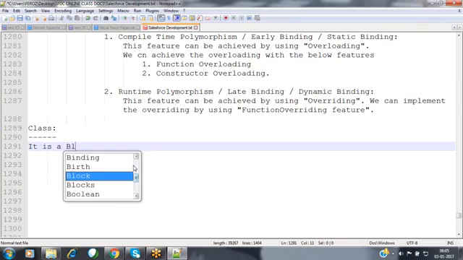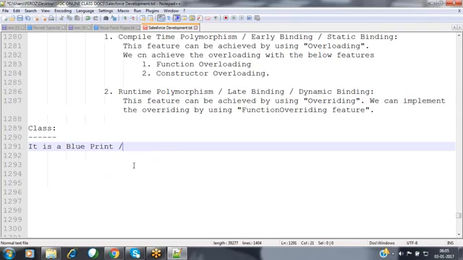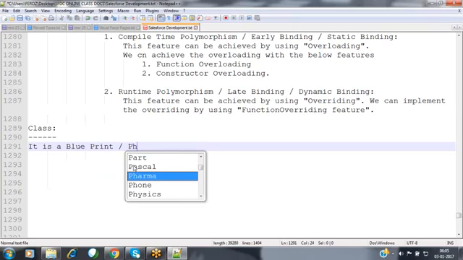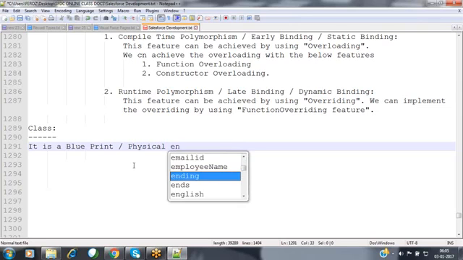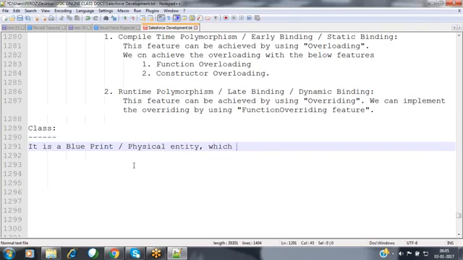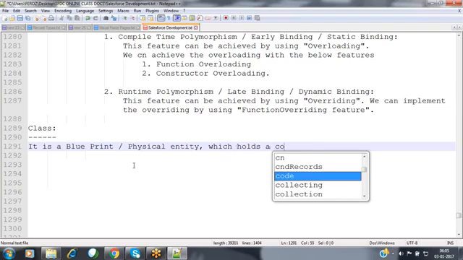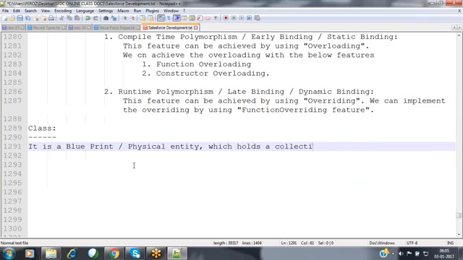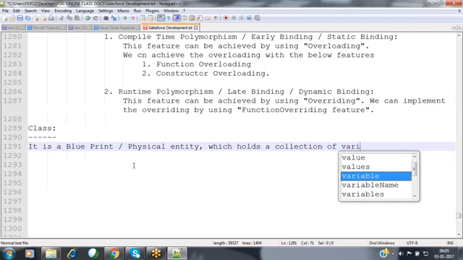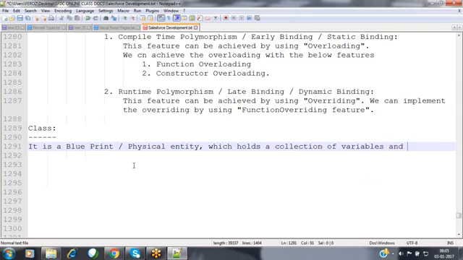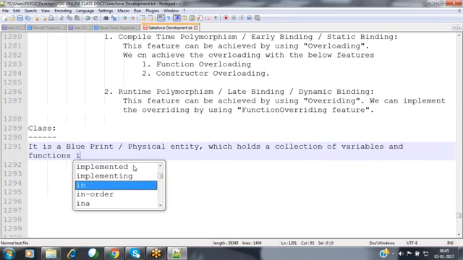It is a blueprint or a physical entity which holds or contains a collection of variables and functions inside it.